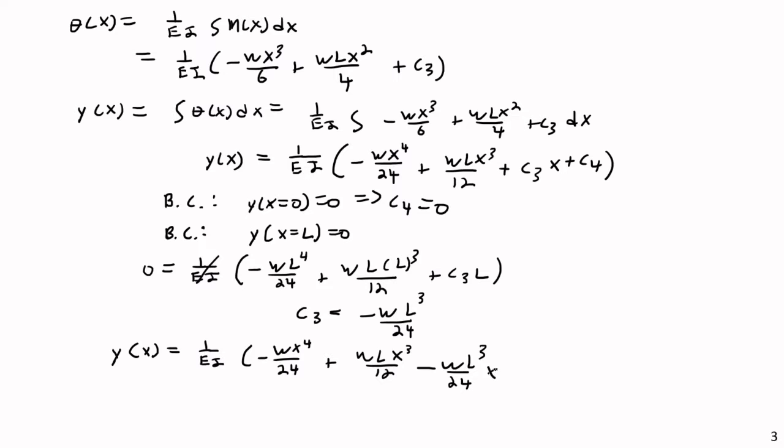But what I really want, though, that's nice and all, is this theta expression, because I'm going to apply the force method here using a balance of rotations rather than a balance of deflections. So what I really need is my theta of x function, and that's really not too bad. All I have to do is plug the C3 into this up here. So theta as a function of x is going to be equal to 1 over EI times, again, all I'm doing in this step is putting my constant in to get my final theta of x function for the primary beam, negative wx to the third over 6